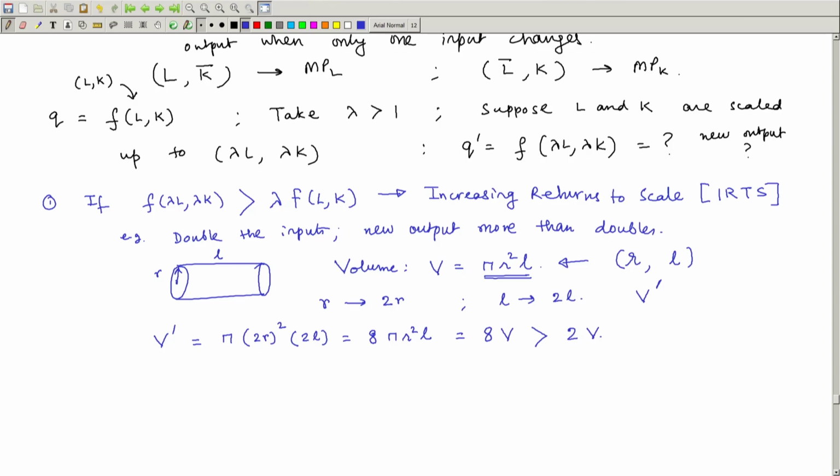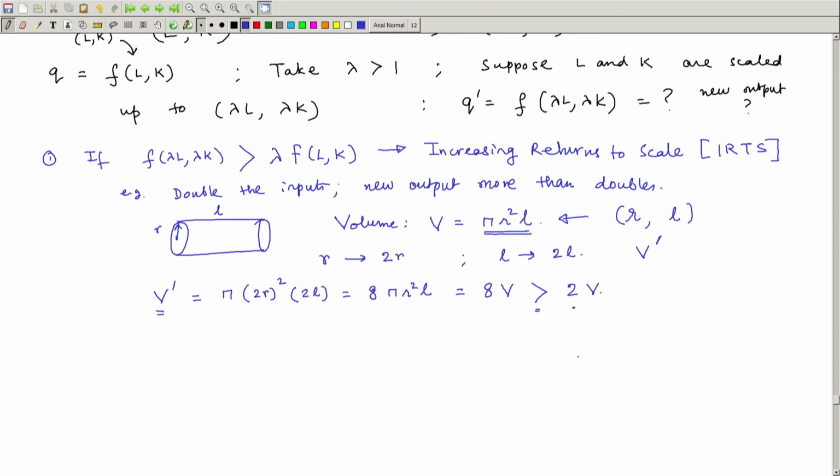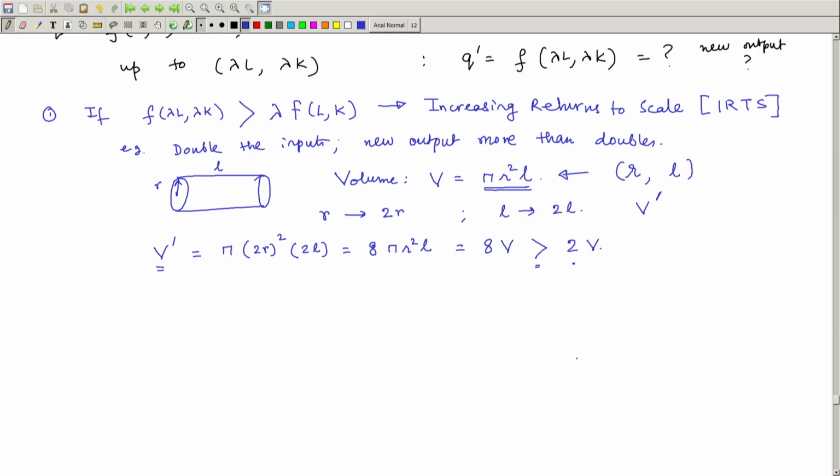So, I doubled both my inputs, both the radius as well as the length of the cylindrical pipe were doubled, and I end up with a new output, measured in volume of water, which is increasing by a factor greater than the factor by which I changed the inputs. So, this is an example of a production technology which is exhibiting increasing returns to scale. Okay. Similarly,